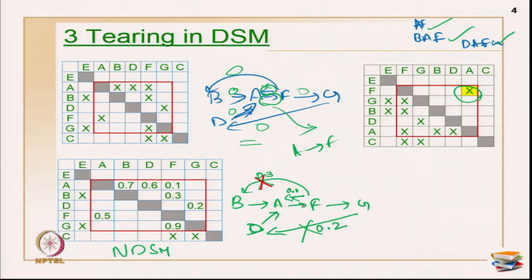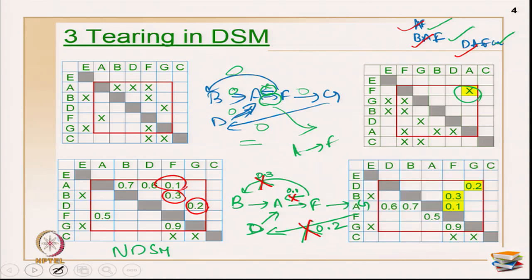This is number 1, this is number 2 and this is number 3, because they are going to be my very weak dependencies here. So when I break all these relationships, obviously I have broken all 3 cycles in my loops. All the 3 cycles are broken down. So now my resulting matrix will have a different sequence altogether, but I have to make 3 assumptions.